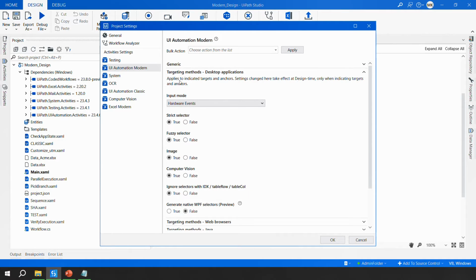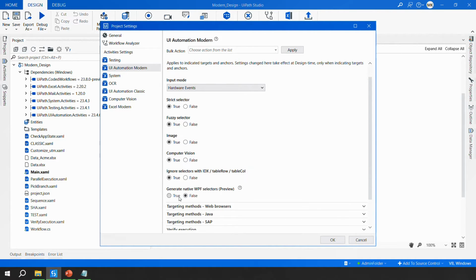And it says that it applies to indicated targets and anchors. Setting changes take effect at design time, right? Only when indicating the targets and the anchors, right? So whatever you have done previously, UiPath is not going to change that. It is only going to affect it at design time, right? So what was my requirement? I do not want to use the computer vision, I do not want to use the image, right? So I make strict true, fuzzy true, and I made both of the others false, and then I say okay,